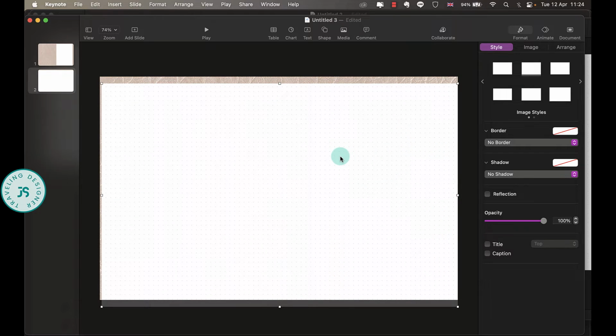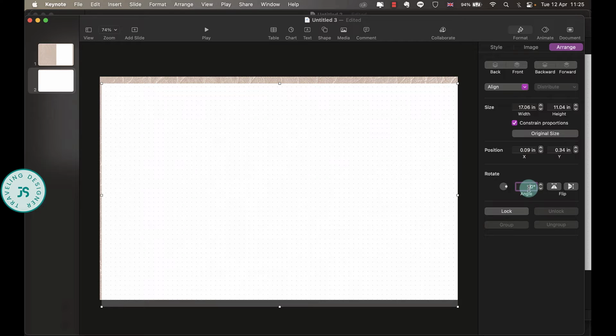Save this dot paper pattern on your computer and go to the folder where you saved the dot paper and drag and drop it into the Keynote app. Select the dot paper on the upper right side of your screen. Click on Format and then Arrange and put 90 here for the angle. So we'll rotate the image to 90 degrees